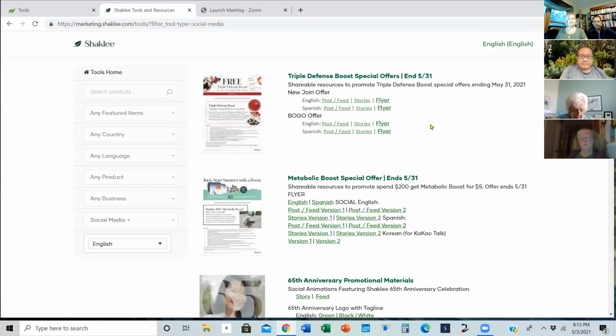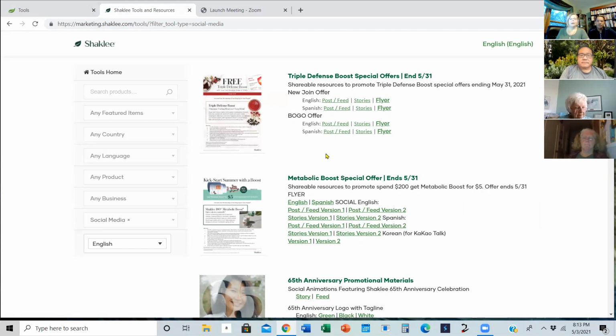Oh, you guys, the triple defense, you probably already know, has been extended through the end of May. This new gal did the meology, so she got the triple boost, but her order was also just over $200, so she got the multi-boost too, the 180 boost.